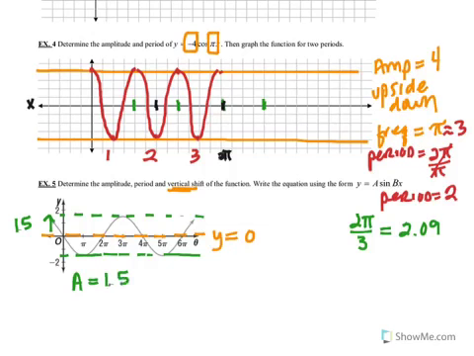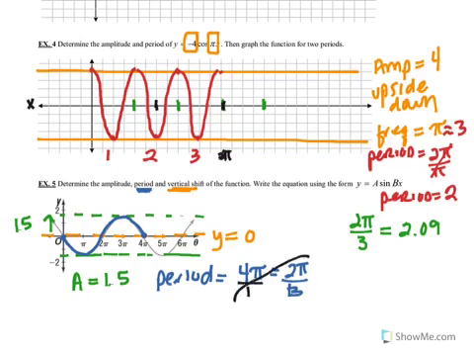Let's take a look at the period change. How long did it take us to get through one whole cycle of the sine? Well, look at that. It looks like it took us to get all the way to 4 pi. So we know that the period is equal to 4 pi. Well, remember, the period doesn't get us to the b value. The b value is the frequency. So there's 2 ways to get to this. One of the ways to do it is to set this equal to 2 pi over b and solve for b. So